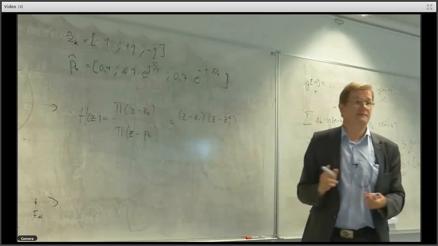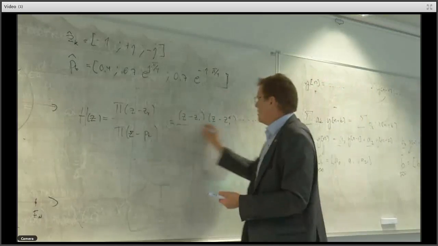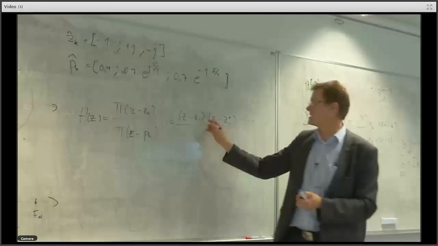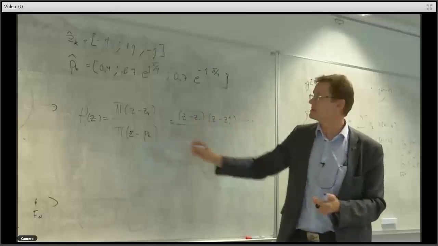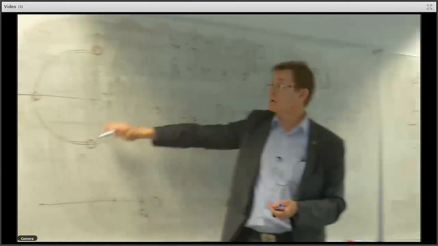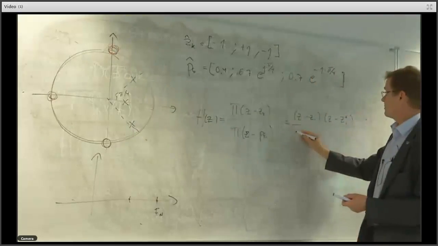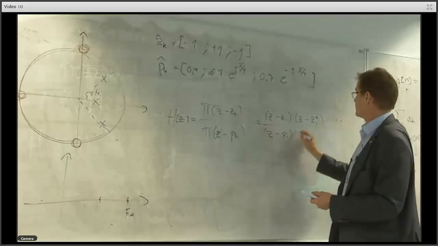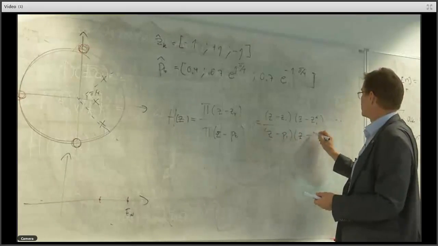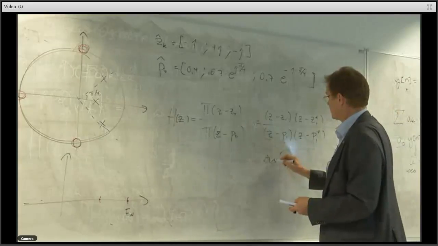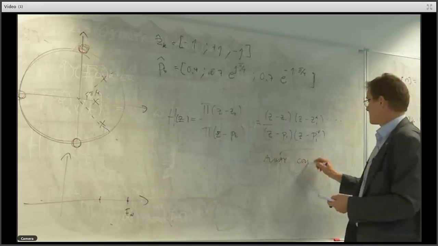So in order to get from this multiplication, this product, real value parameters, the only way is to have complex conjugate pairs, meaning basically symmetry over the real axis here. Mirror symmetry. Always complex conjugate pairs